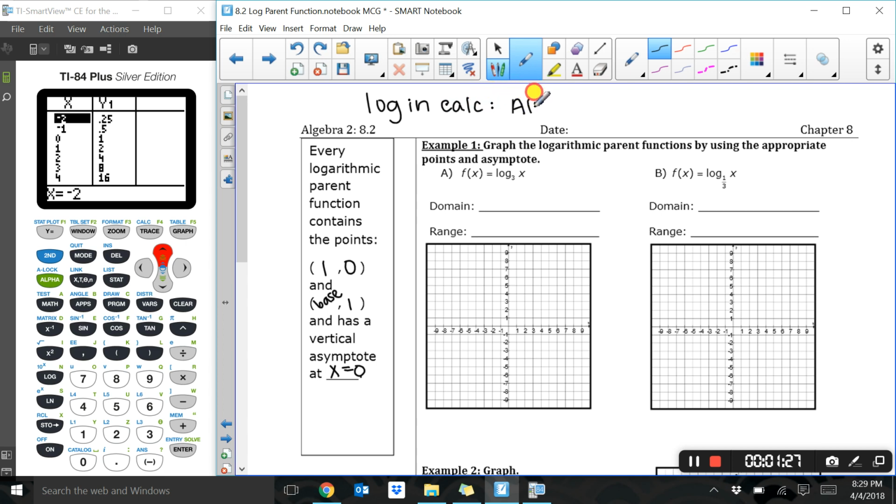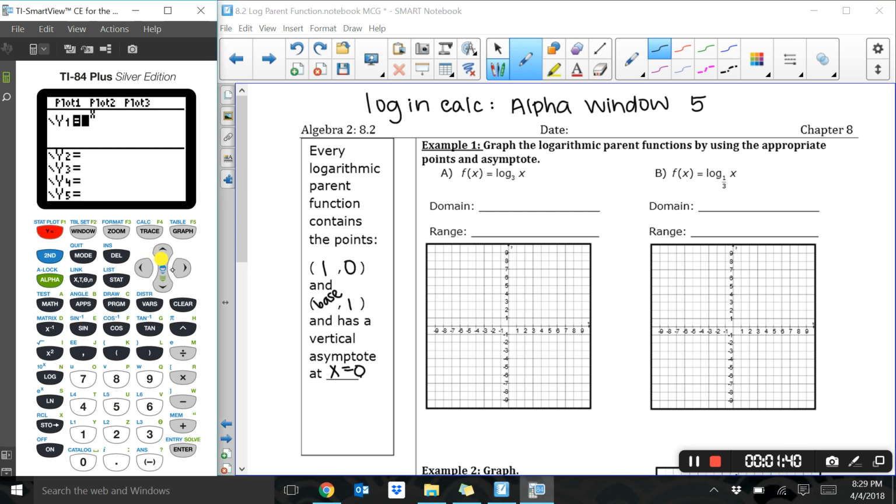You want to go to alpha, that's your green button, and then window, and number 5. Alpha, window, 5. So let's go to our graph, clear out what we have, and go to alpha, window, 5, and graph this. So it's a base of 3, and then x. And if I graph it,